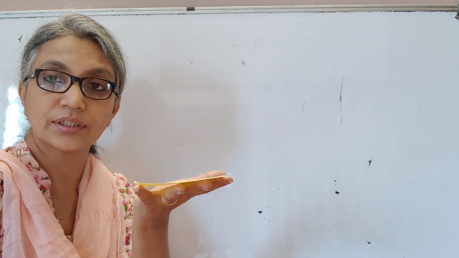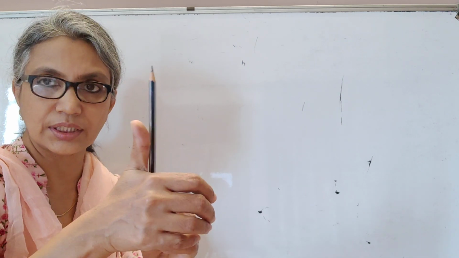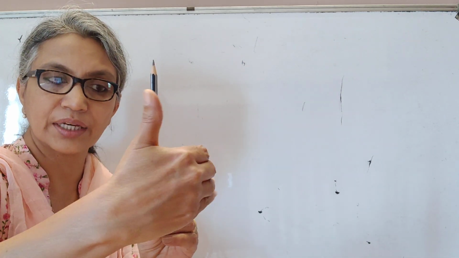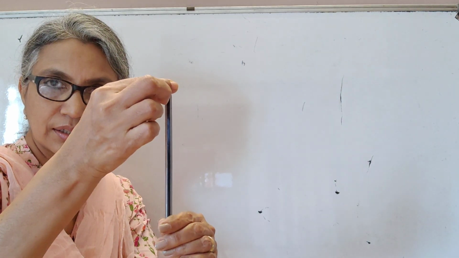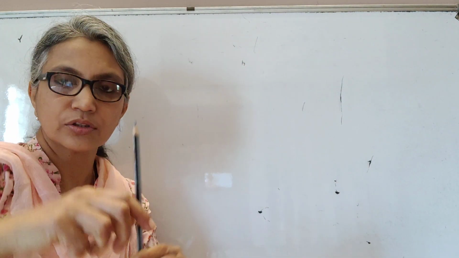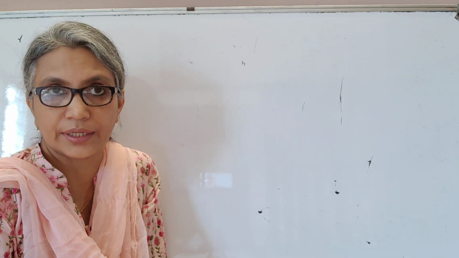And along with that, you learned the right hand thumb rule, which says if you are holding your conductor in your right hand with the thumb pointing in the direction of current, then the direction of magnetic field will be given by the curling of your fingers. So if you have a current carrying conductor like this, the magnetic field is in circular loops around the conductor. So you have been introduced to this topic in class 10. We are just building upon that.